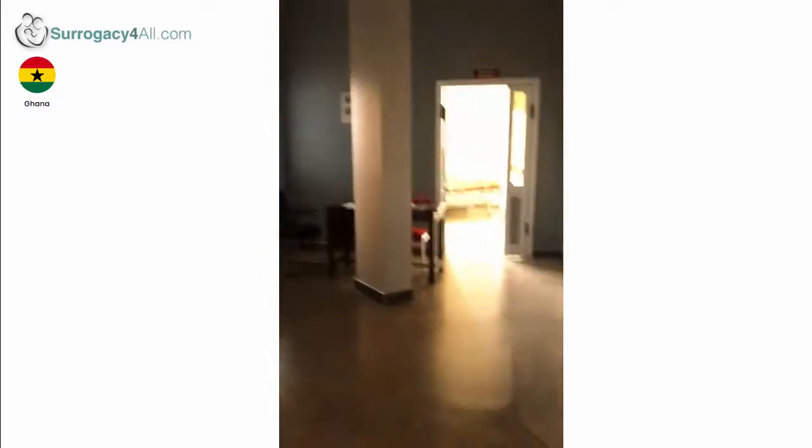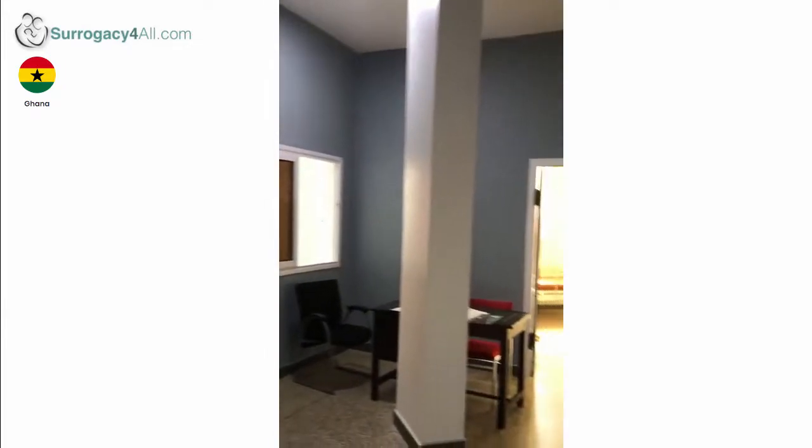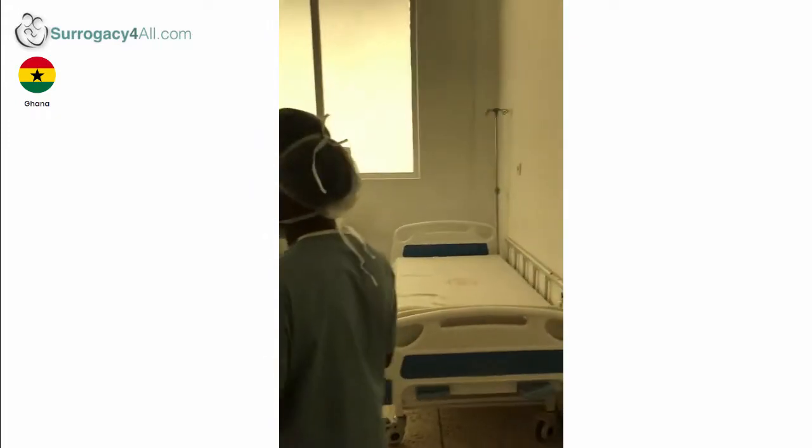I'll give you something to wear. This is the operating room. We're going into the recovery room first. It's a 7-bed recovery room with the first suite,